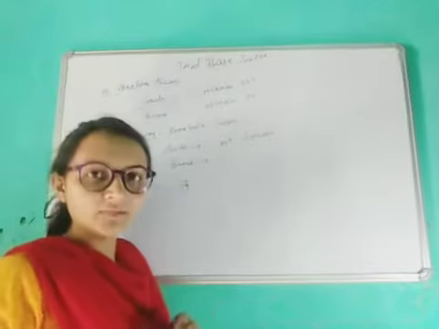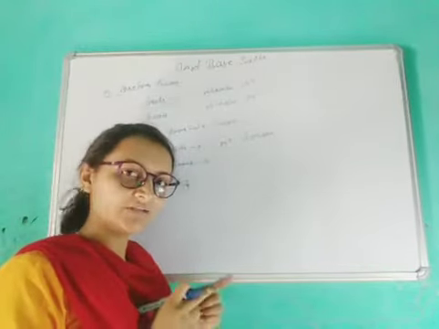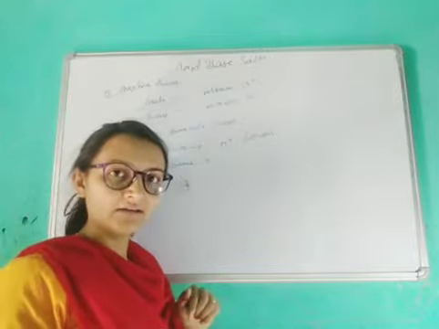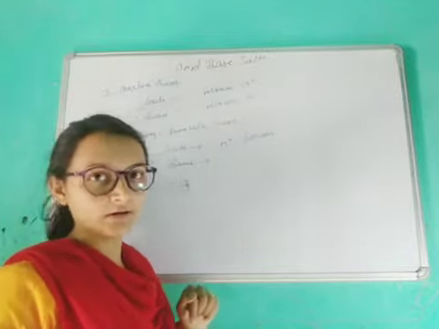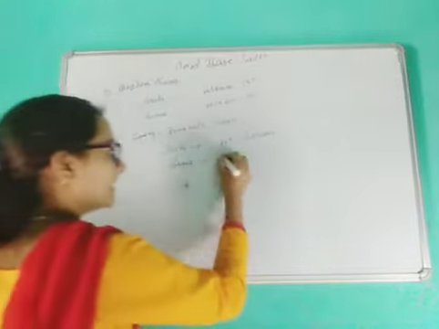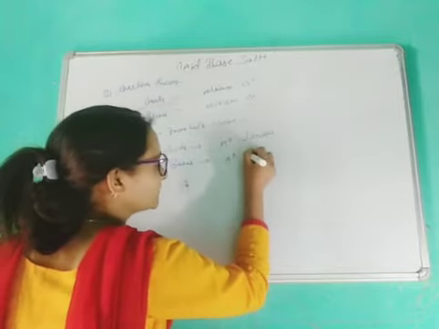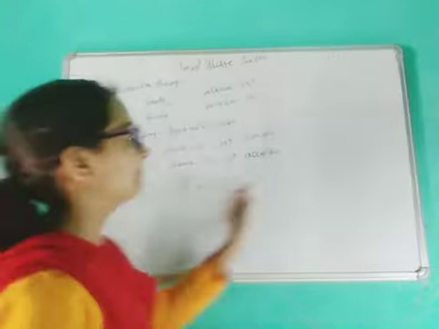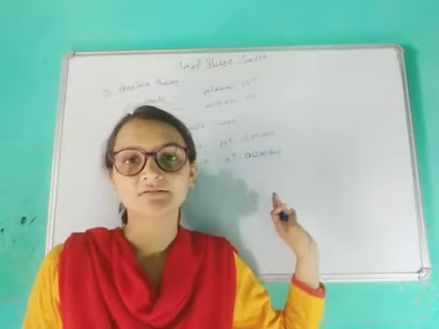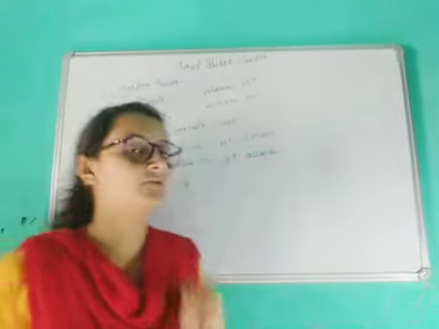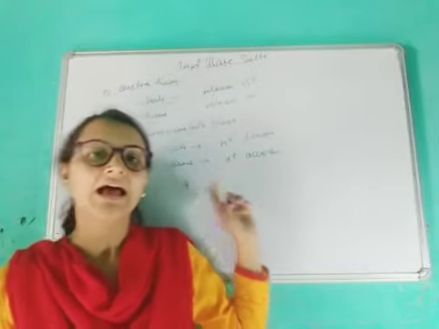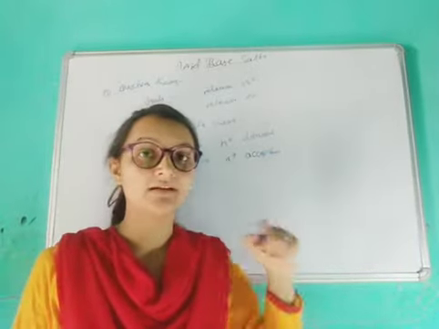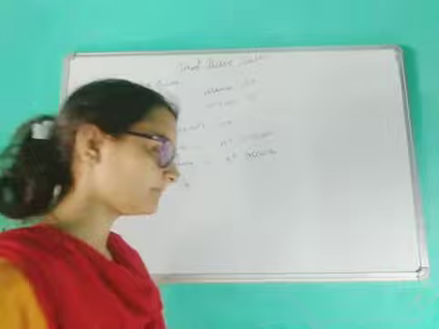Okay, and bases, what do they do? Bases take up the hydrogen. Bases have OH negative ions, they take up the hydrogen ion to get a water molecule. So bases will be H positive acceptors. So this was the simple definition according to the Lowry and Bronsted theory, that acids are proton donors and bases are proton acceptors.